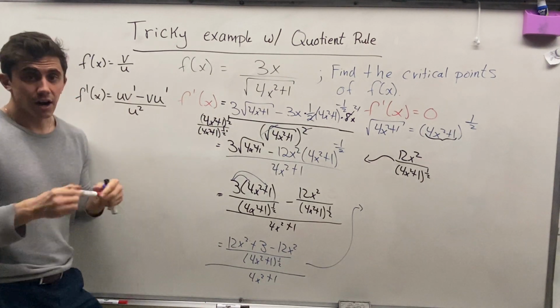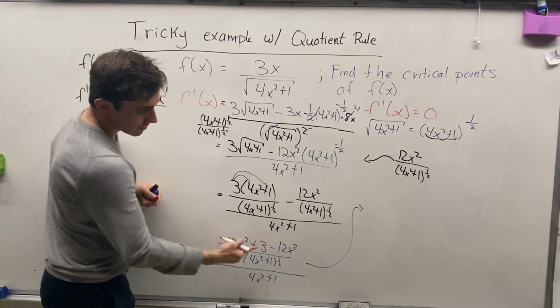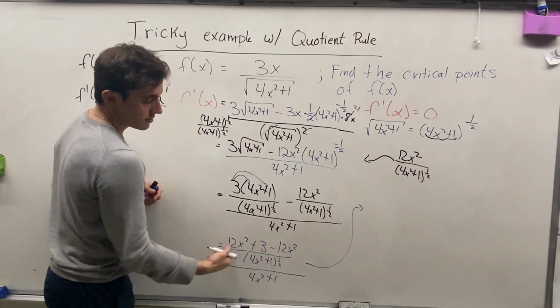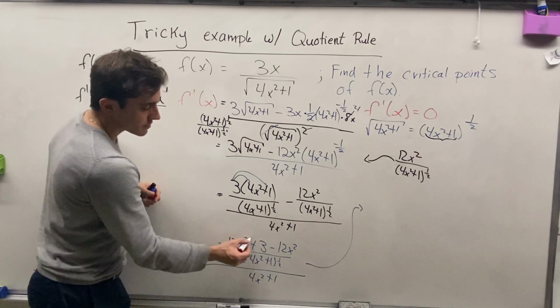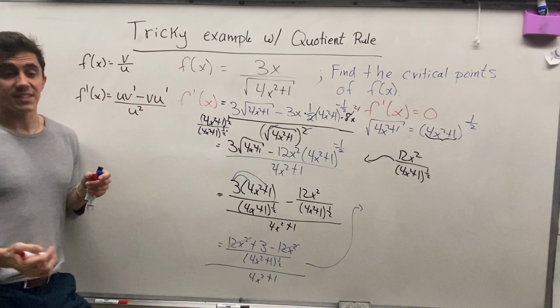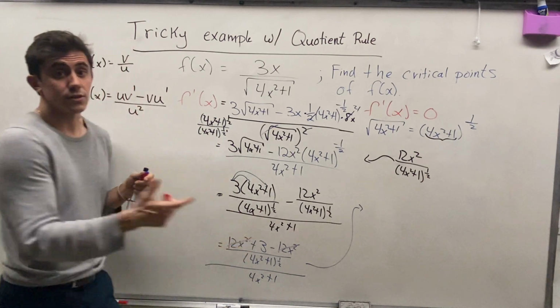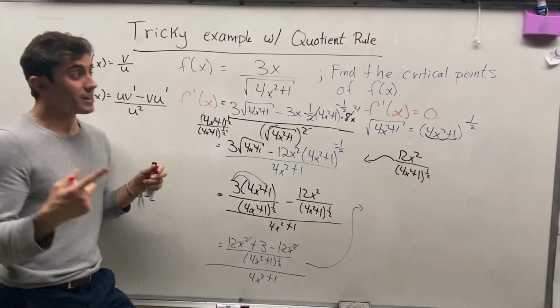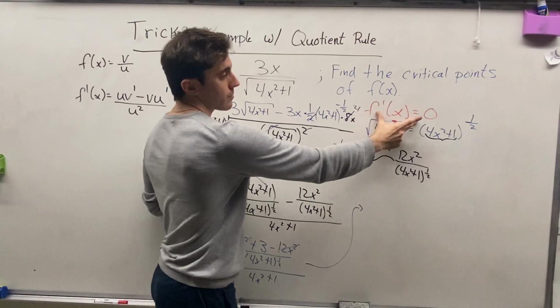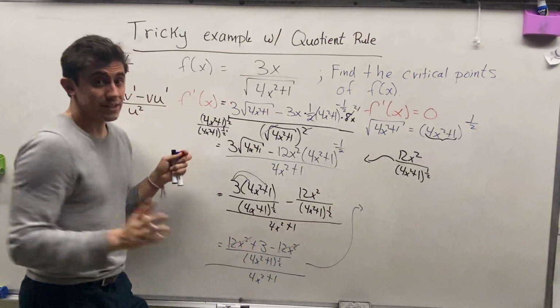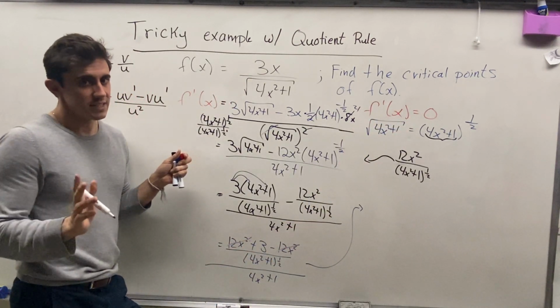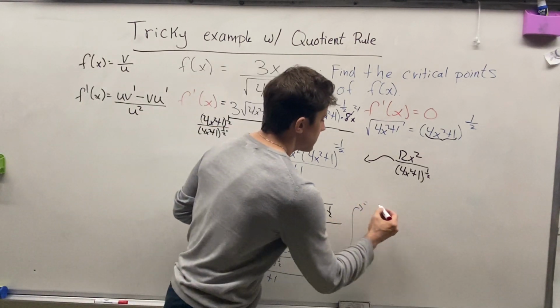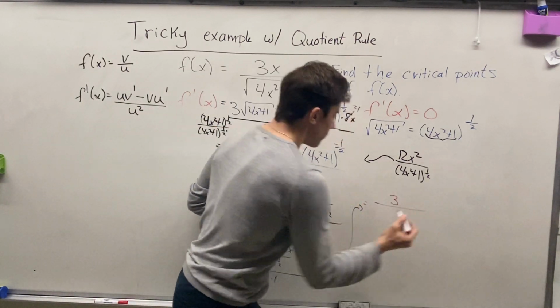Now, in our very top numerator, we have 12x squared minus 12x squared. You see these two terms? Those will cancel out nicely. And so all we have left in the very top is a 3, okay? I'll remind you that our goal is to solve f prime of x equals 0. Having solely a 3 in our numerator is going to be very easy to deal with. And so what we'll have is 3 all over